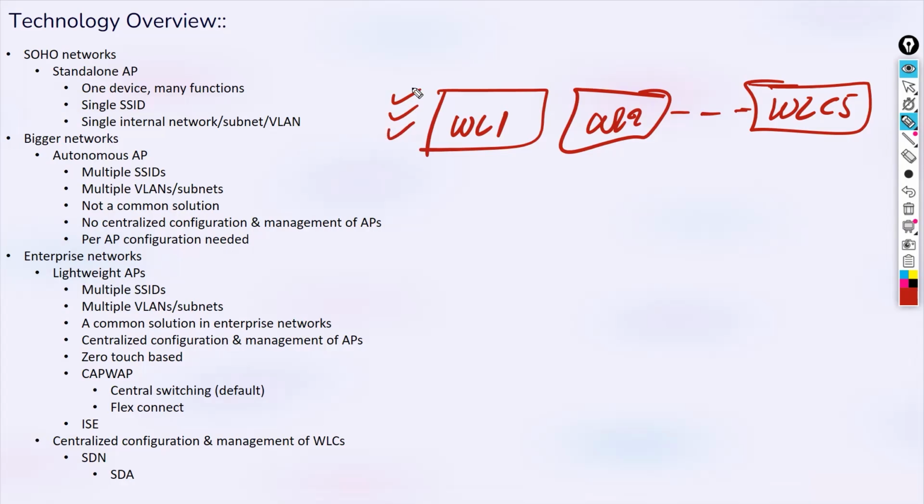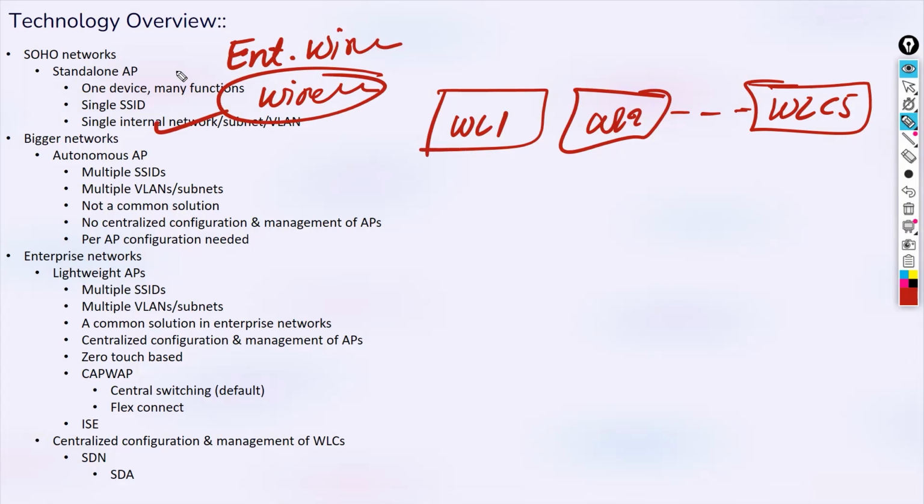But let's come back here and let me give you a last idea about this SDN. How does this fit into wireless networking, how is this a game changer, and how is this enterprise wireless different from your normal wireless? So earlier you said wireless, CCNA wireless. But what is the difference in the enterprise wireless? This is the difference. This is the game changer. When Cisco introduced this SDA, this SDN part based on controller-based networking, that's when they started calling it enterprise wireless. So let me get into that.